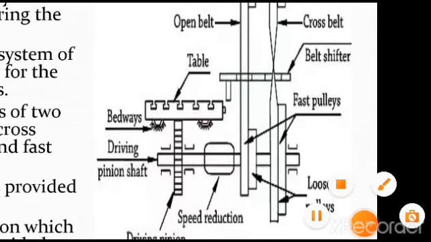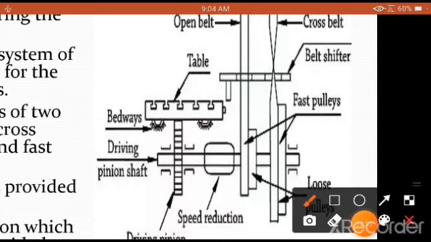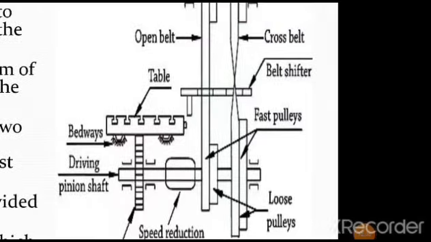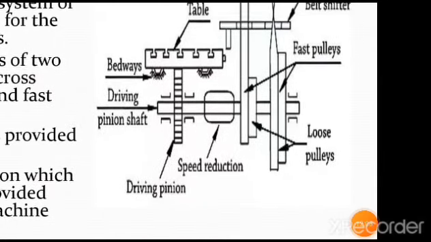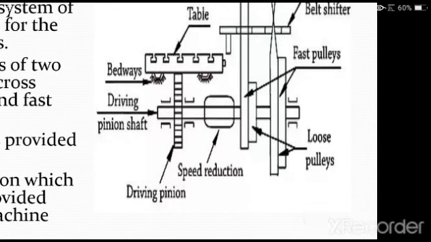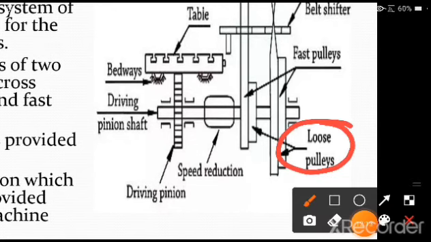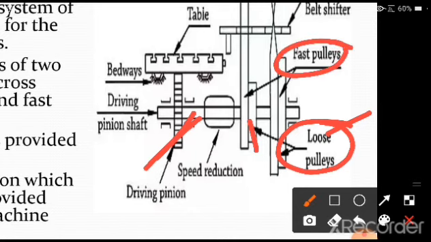Now the question is, as I have told, what is the main function of a fast pulley and what is the main function of a loose pulley? That is what we need to understand here clearly. The loose pulleys, as the name itself implies, are loose. They are not going to rotate along with the rotation of the shaft. Suppose the shaft rotates, this is free, it is not going to rotate. Whereas in the same condition, the fast pulley is going to rotate. That's all.